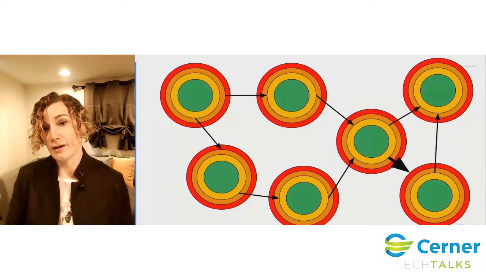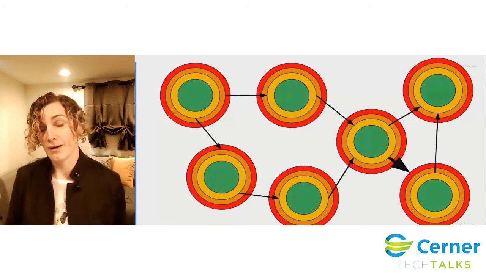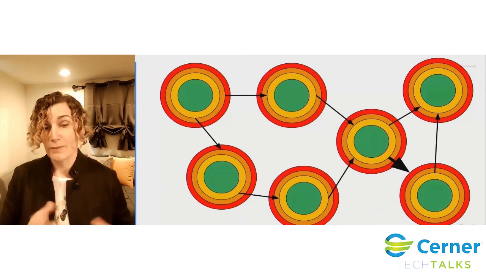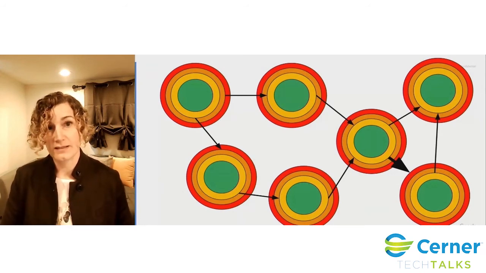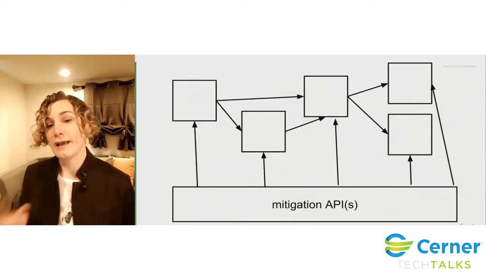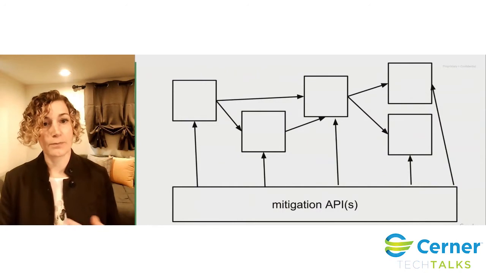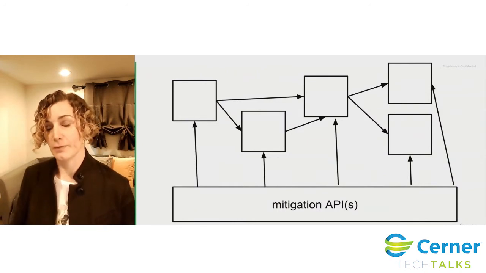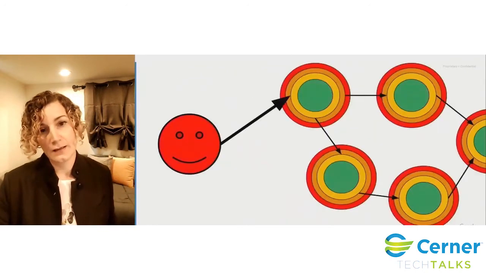And then what operational APIs or mitigation APIs would I want to have in order to make sure that I'm able to do this with good tooling as fast as I possibly can and feel safe about it? So again, it's back to how do we treat this as part of the design of our system, the ability to get it to a better state.